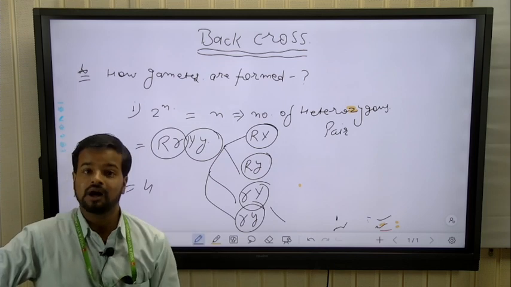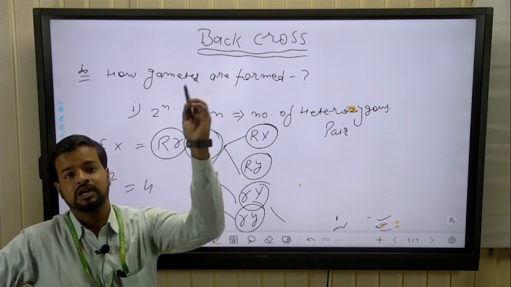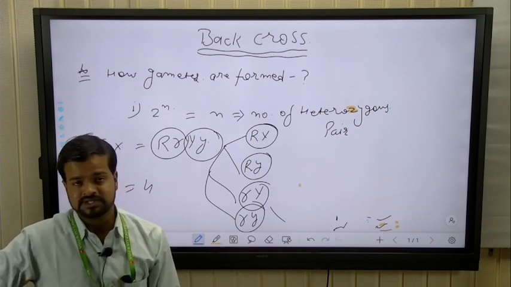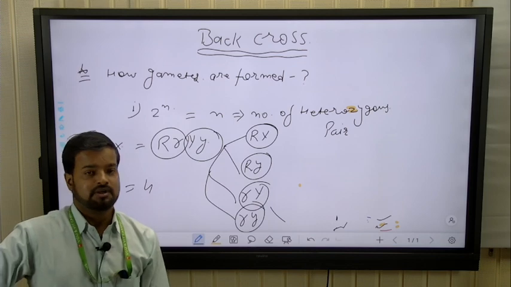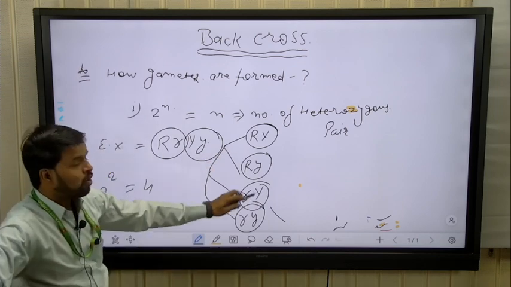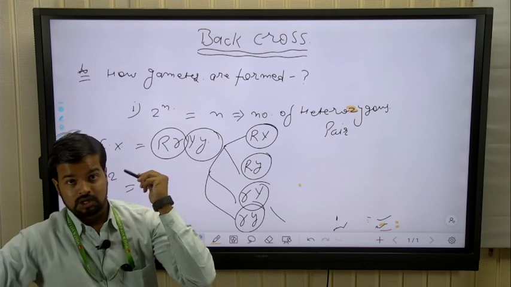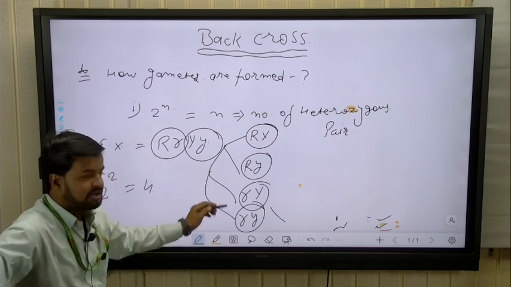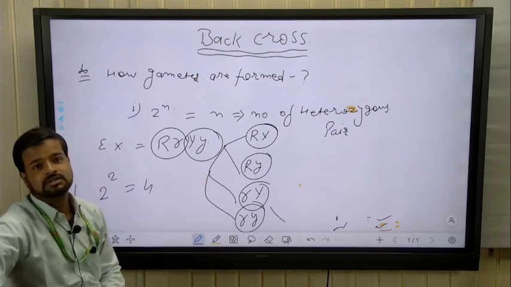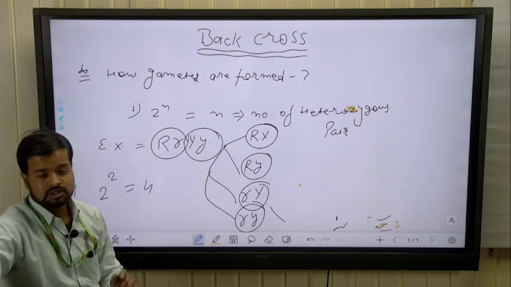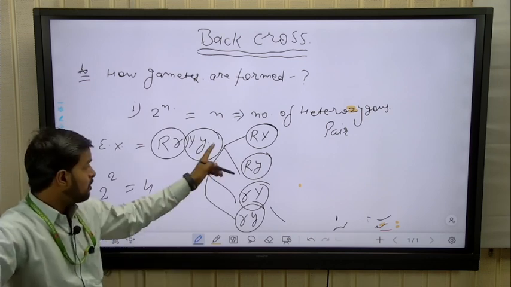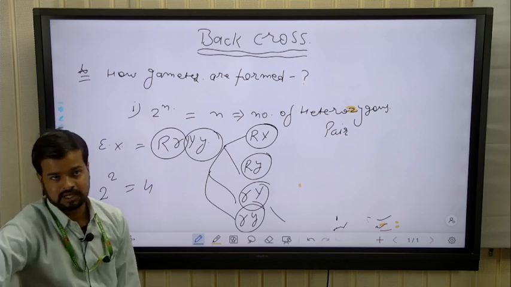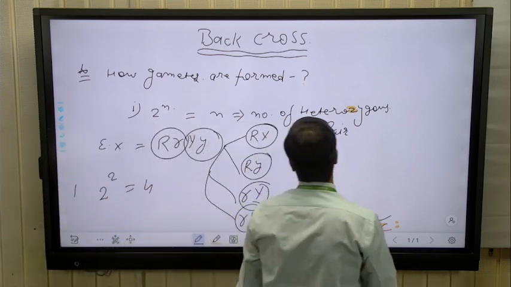And we added some important information on how gametes are formed. If the questions are hard, if the number of crosses increases, like mono, tri, tetra, penta. It is clear? Next point, how these gametes are formed. This is a complex situation, so don't worry, for this formation we use another trick, that is the fork line method. Clear? The last topic in this video is the fork line method.